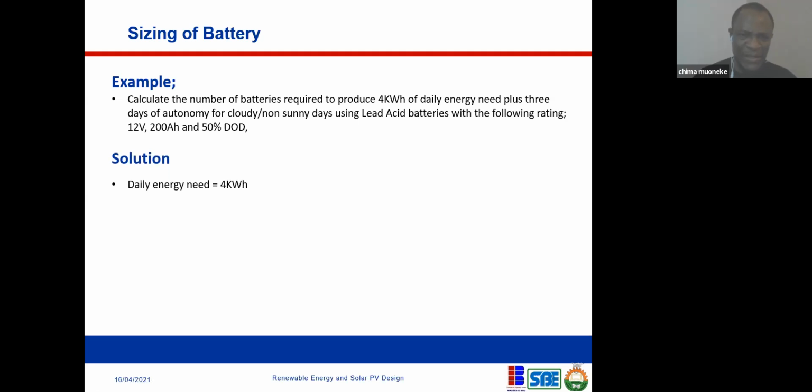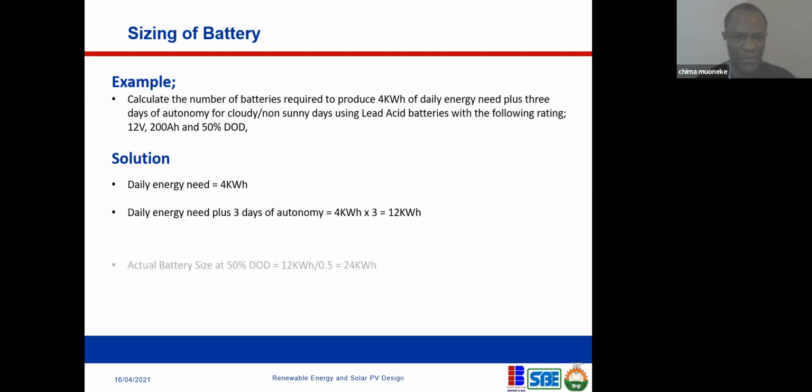So here is how we solve it. Our daily energy need is 4 kilowatt hour. That's what the question is asking of. That's our daily energy need. But again, it's telling us that it needs 3 days of autonomy. So we multiply that energy need for 1 day times 3 days. So we have 12. For 3 days, that facility is going to need 12 kilowatt hour to function, assuming